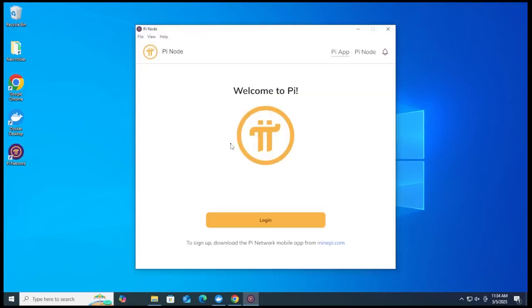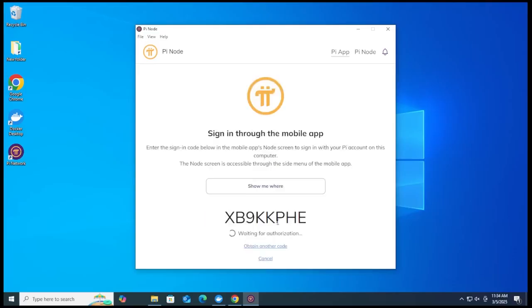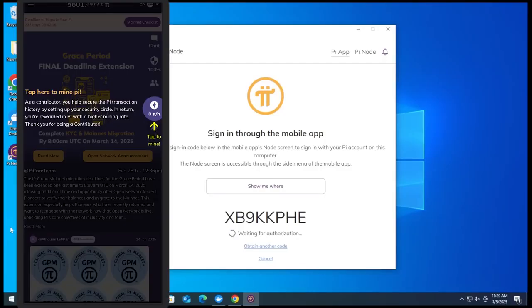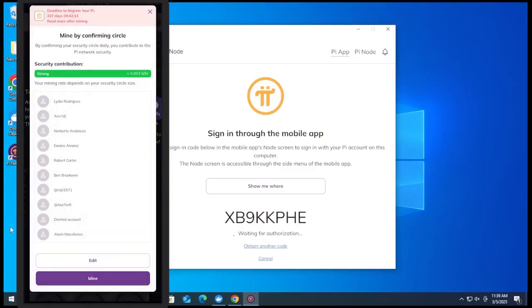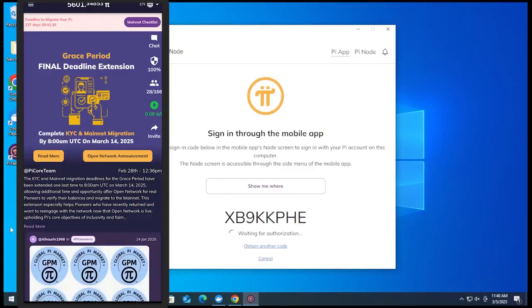All right, so we're at the login screen right now, and what we want to do is select the login option. And it's going to give us a code. So what we want to do is sign in through our mobile app, and we're going to enter in this code. I have my app open now. I'm going to just select the Mine option because I haven't done that yet. So we're going to sign in to